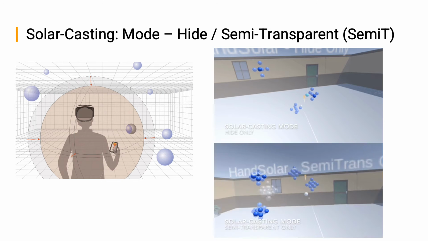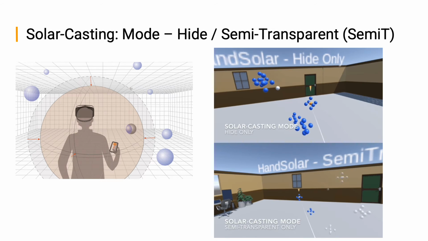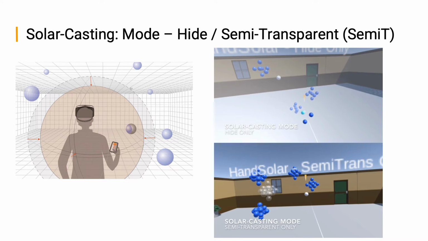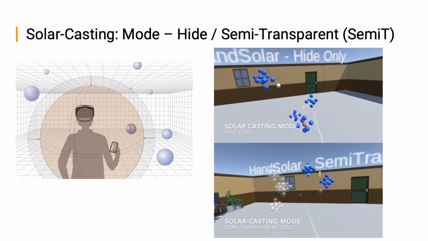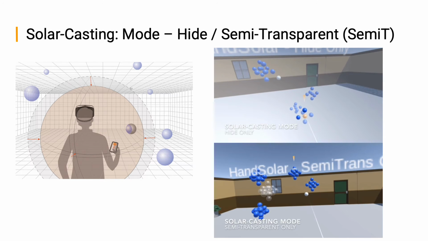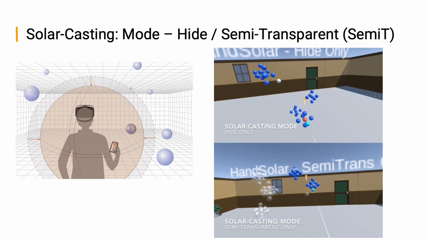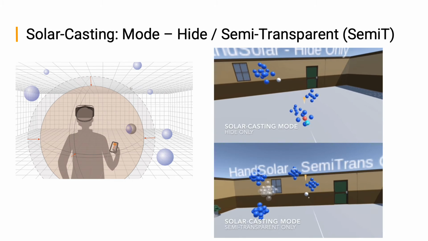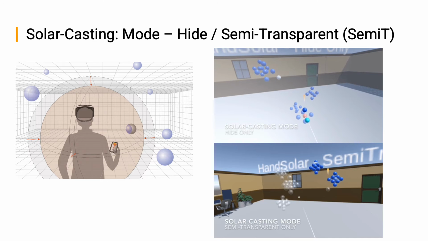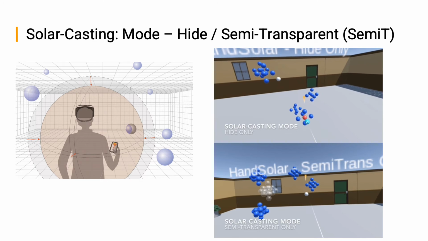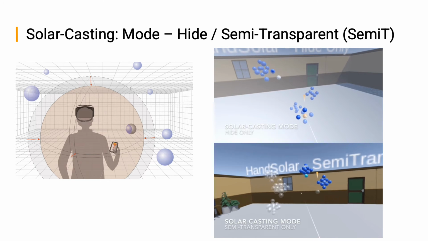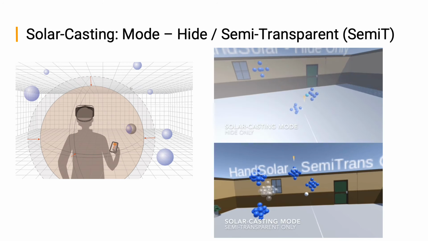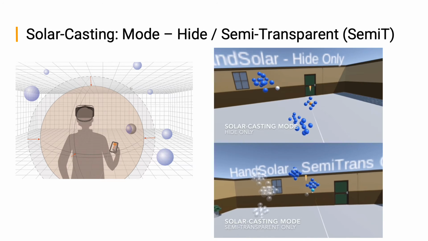Hide and semi-transparent modes adopt a virtual X-ray metaphor, which permits users to see through objects between the user and the surface of the sphere, thus making the occluded objects visible. Hide is used to hide occluders, while semi-T turns occluders semi-transparent. To change the radius of solar and apply these two modes, the vertical movement of a finger on the touchscreen